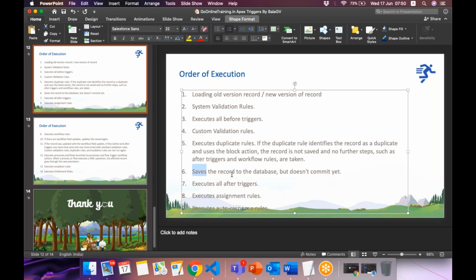Okay, so once record is saved, the ID is generated for the record. That's why this save is done here, but it's not committed. That means in other steps from 7, if any of the steps fail, this record commit will not happen. So the order of execution will roll back. Okay, so Salesforce is saving the record because it wants to give the ID to do other order of execution